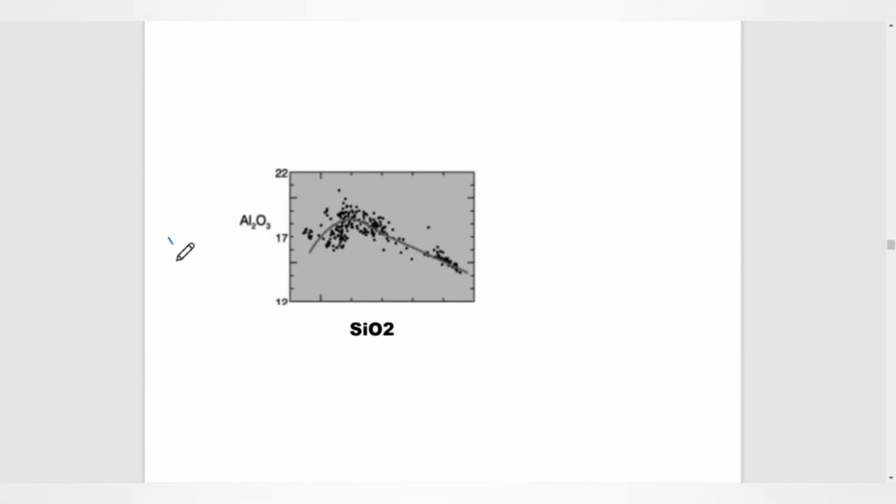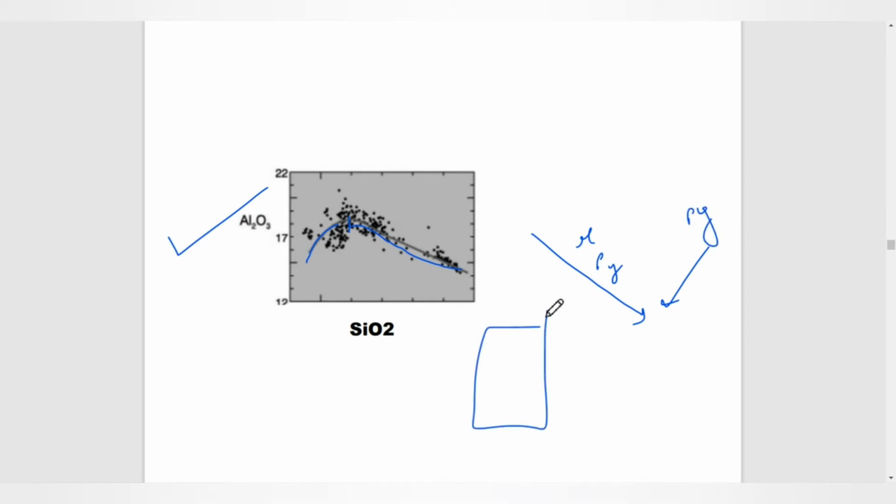And in the next one we see Al2O3. You see its concentration is initially increasing like this, and after some point of time it shows a decreasing plot. Why is it so? We have seen in the Bowen series that olivine and pyroxene crystallize first, and in the continuous series plagioclase will form. So initially olivine and pyroxene will separate out, and in the remaining melt, Al2O3 concentration will be high.